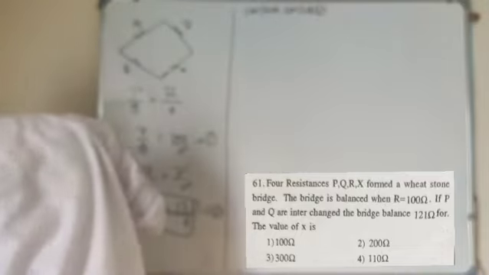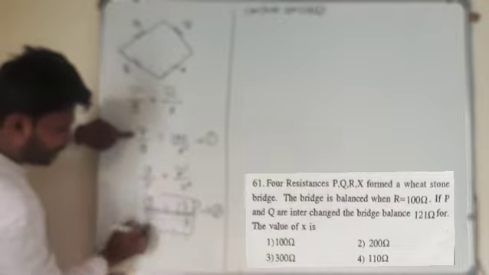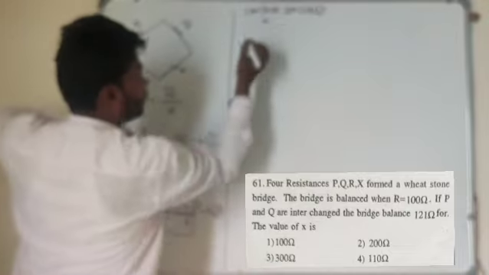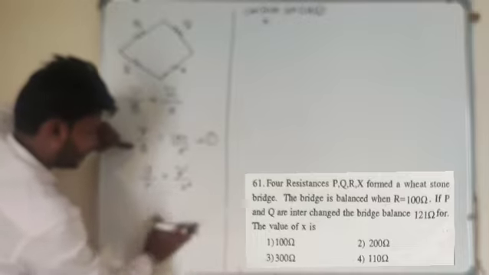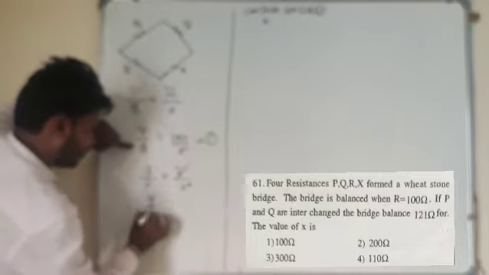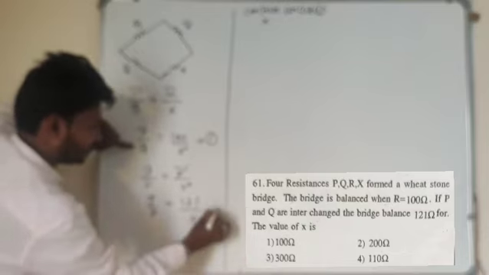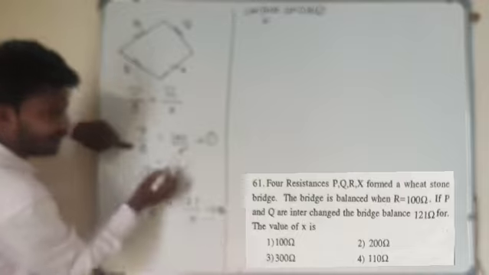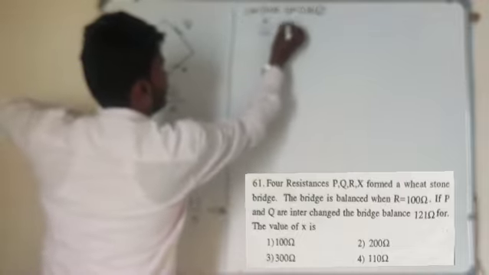So just wait a minute. Here P is there. Here also P is there. P is nothing but X here. Okay, next Q is there. Here Q. So just I will rub out here. I will rewrite. Q by P is equal to 121 by X. So P means what? X here. Shall I take P as X here? Q means what? 121.